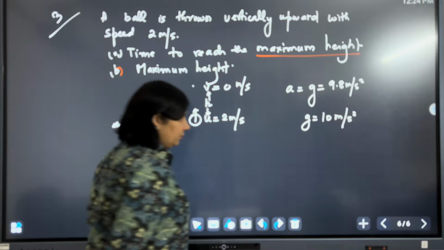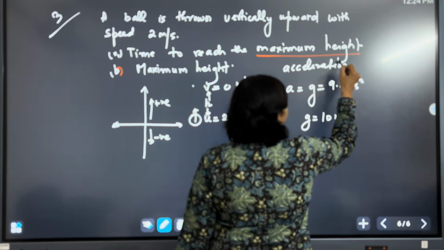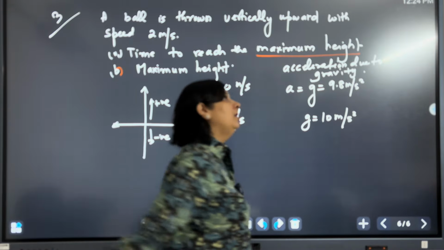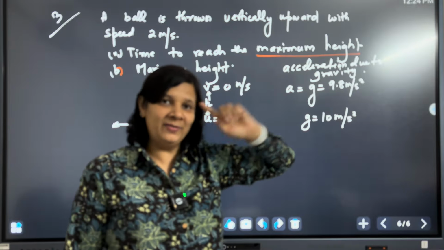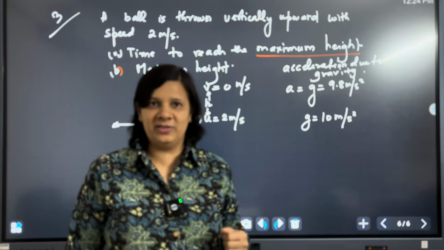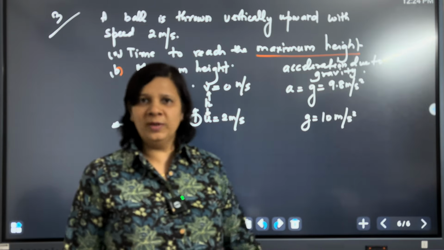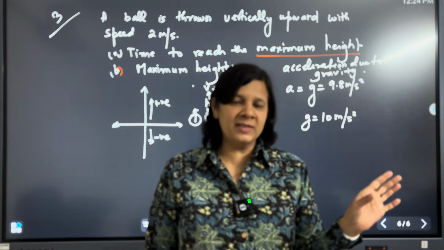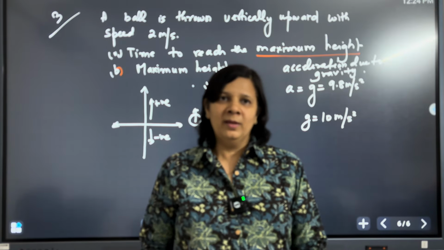Right, now what is this? This is acceleration due to gravity, okay, on the surface of the earth. If you're going to a few hundred kilometers above the surface of the earth, then it will not remain the same, it will change. That we will learn in the gravitation chapter. Or if you dig a mine inside the earth, then also it will change, it will not be the same. Only on the surface of the earth and up to certain height we can take it to be constant, that is 10 meter per second square. If in the exam it is not given as 10 meter per second square, then you have to take 9.8 meter per second square. Yourself you cannot take the 10 meter per second square.